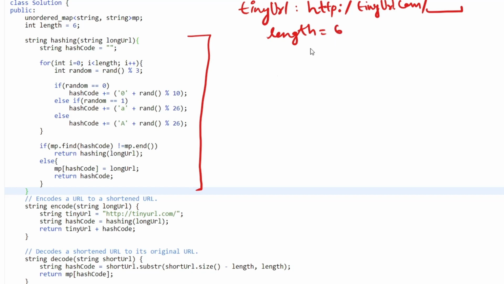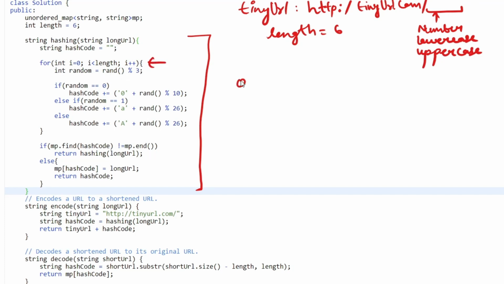We are using some numbers, some lowercase alphabets and uppercase alphabets to generate this random hash code. First of all, we take one random number out of 3 options.